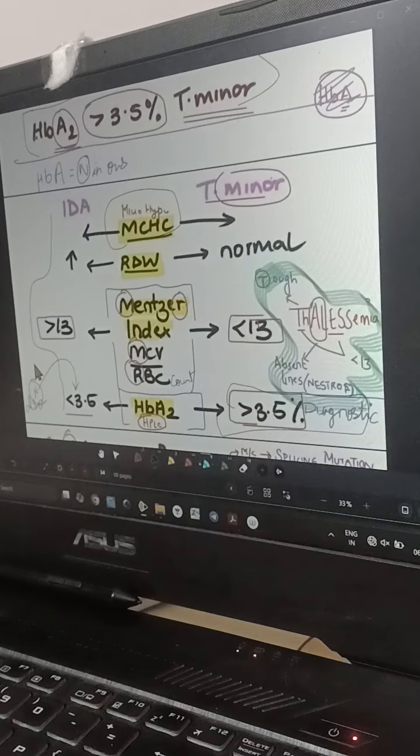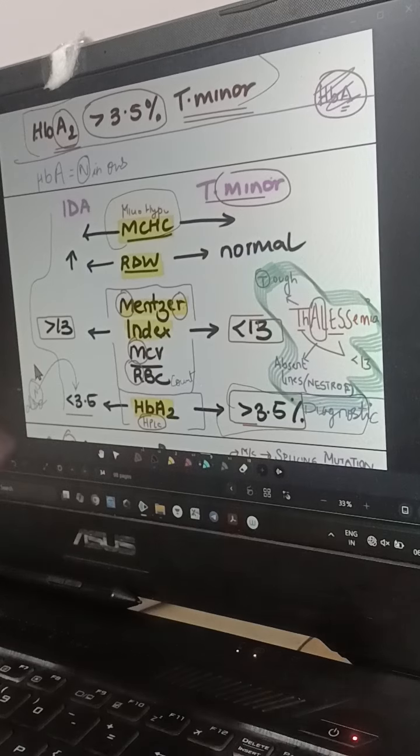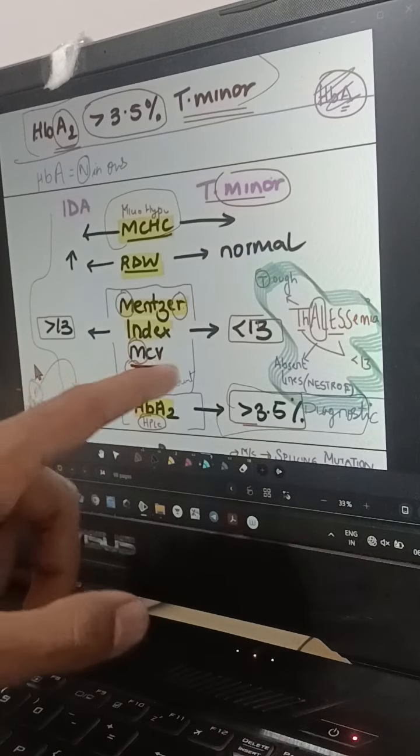Next, how do you differentiate whether it is iron deficiency anemia or thalassemia major? The major thing to note is the Mentzer index being less than